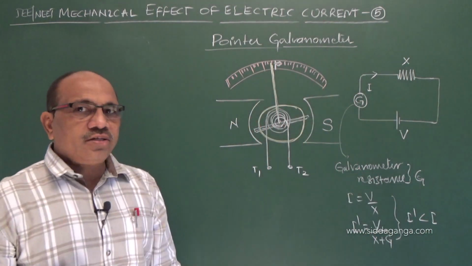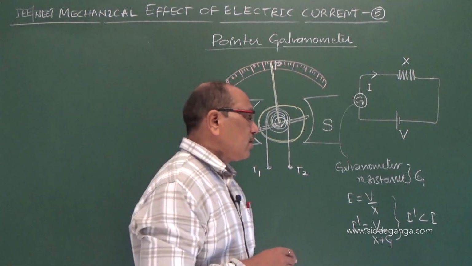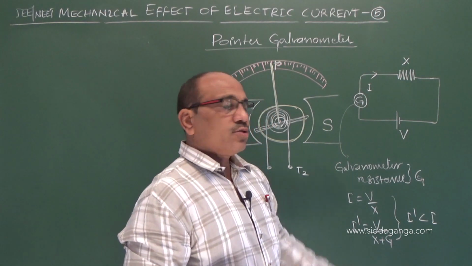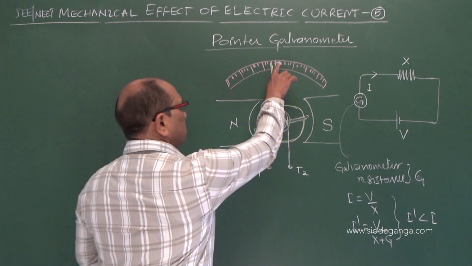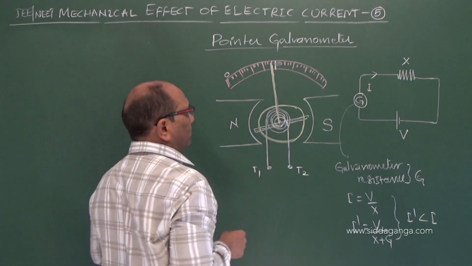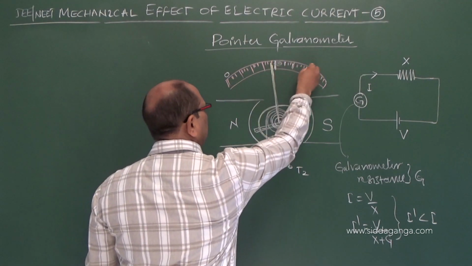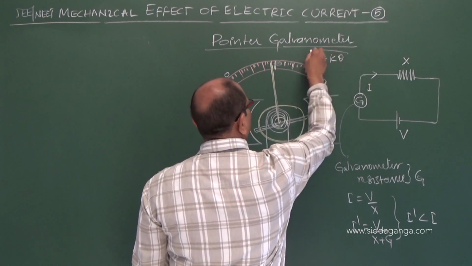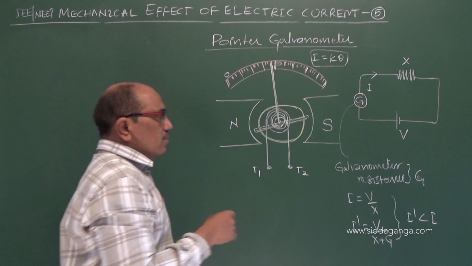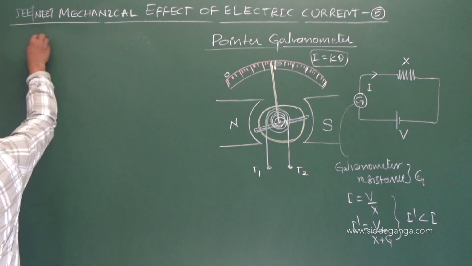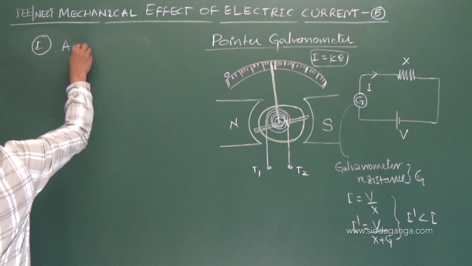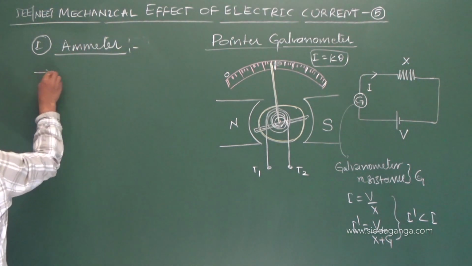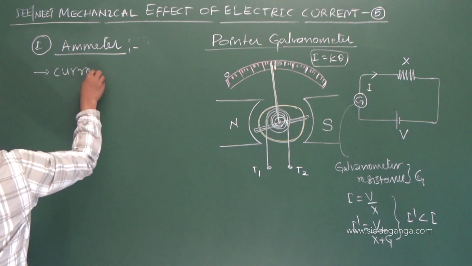Our aim is to measure the current, not to modify it. The current decreases by the introduction of the galvanometer to measure the current. So we make some modifications. This scale we bring to the other end 0 and redesign it as a linear scale, because we know I is equal to k theta. What can be done to measure the current? The device we call an ammeter. Now what is an ammeter? It is a current measuring device.